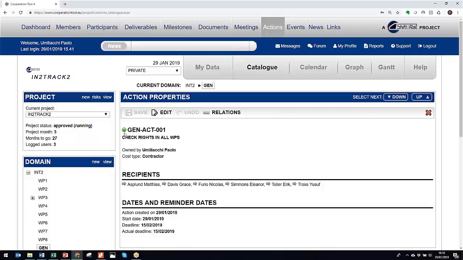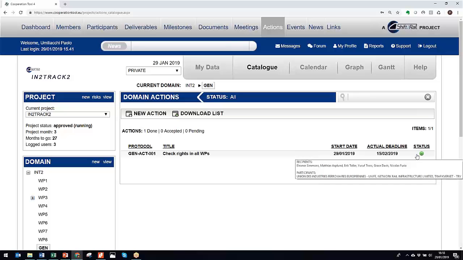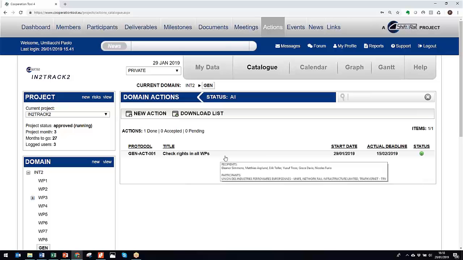So the action becomes green, and this means that this is an action which has been done. You see, it is possible in this way to plan the work and then to track the work which is done,